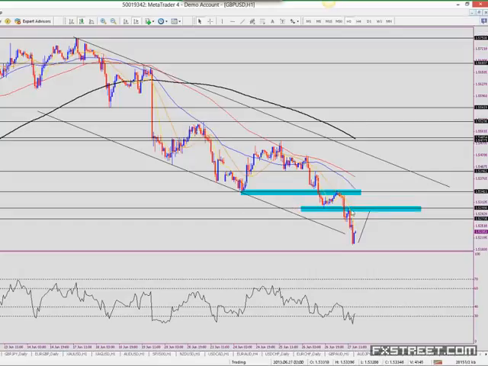Support turned resistance. Even this here, you have support turned resistance. So it's sort of cascading lower and lower. Can we play these pivots again? It's possible, but